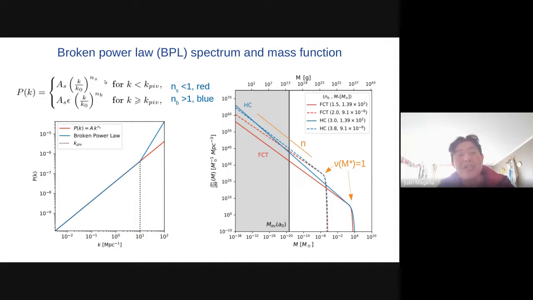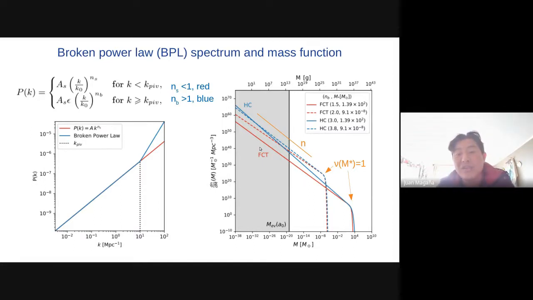And if we introduce this primordial power spectrum in the Press-Schechter formalism, we can obtain this kind of extended mass distribution. I showed you some examples. In blue lines, the horizon crossing mass distribution, and in red lines, the fixed conformal time mass distribution.